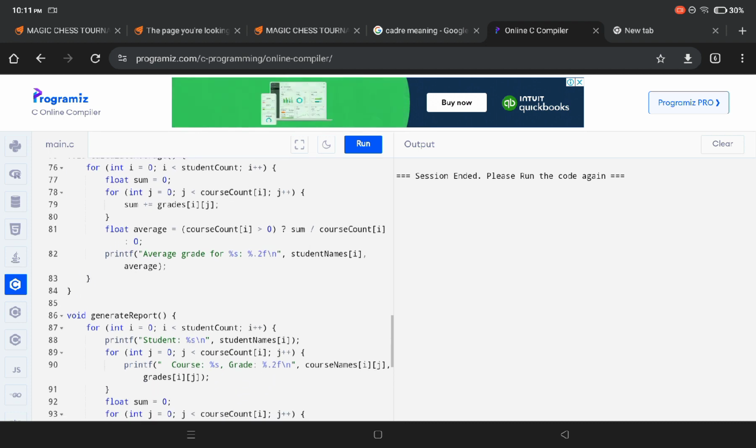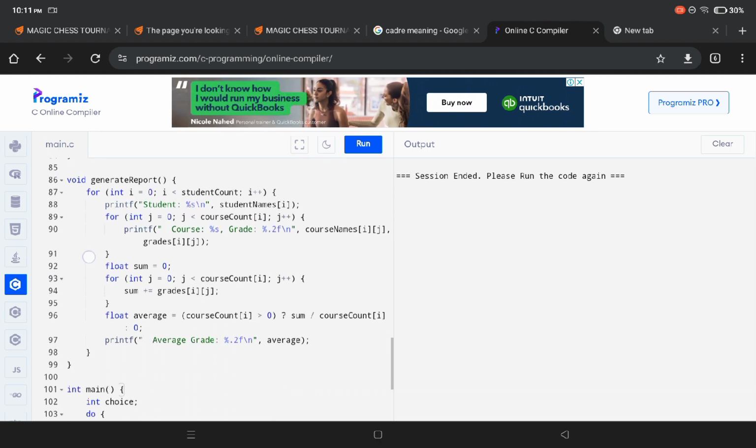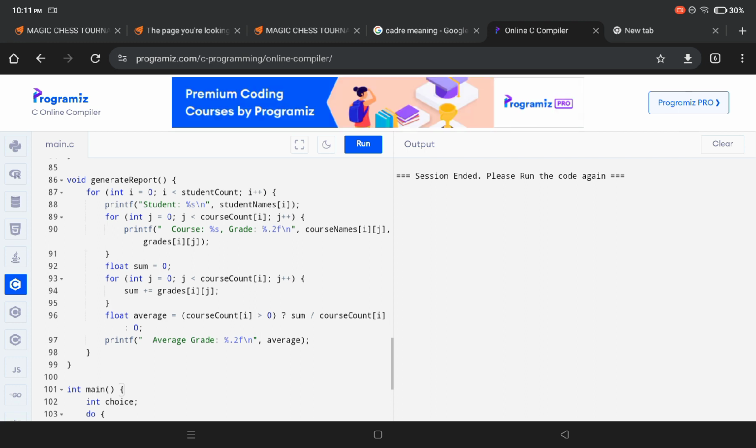Next, we have the void generate report. The purpose of this is to generate and print a detailed report for each student, listing their courses and corresponding grades along with the average grade. It iterates over each student and prints the name. For each course the student is taking, it prints the course name and the grade.